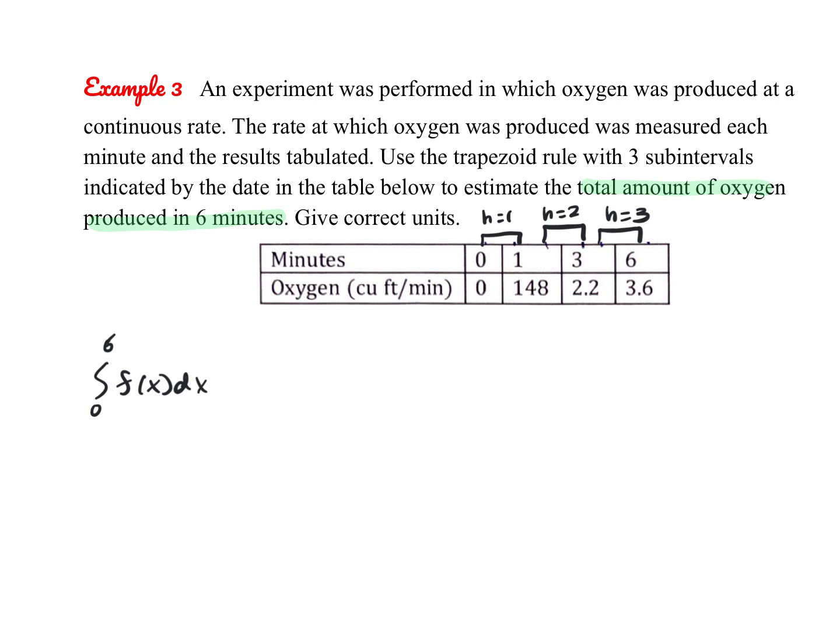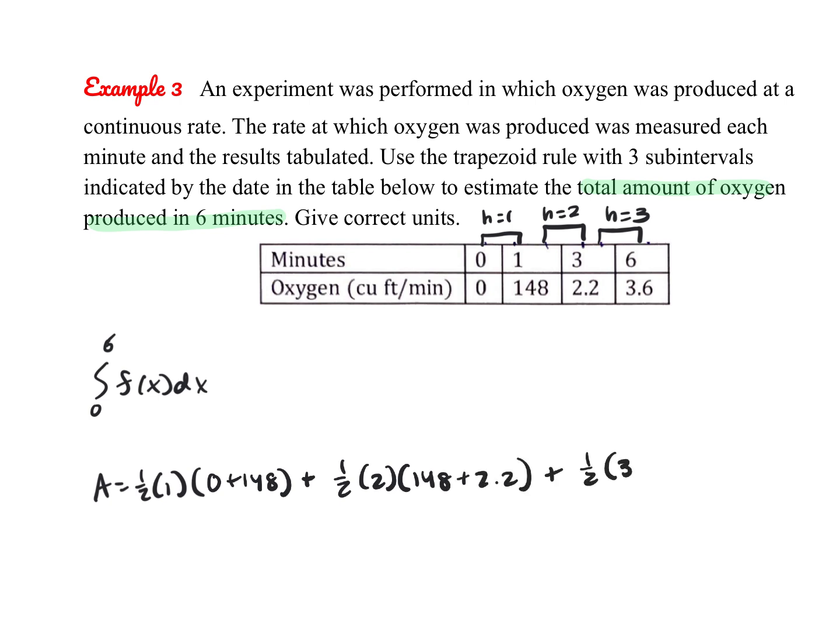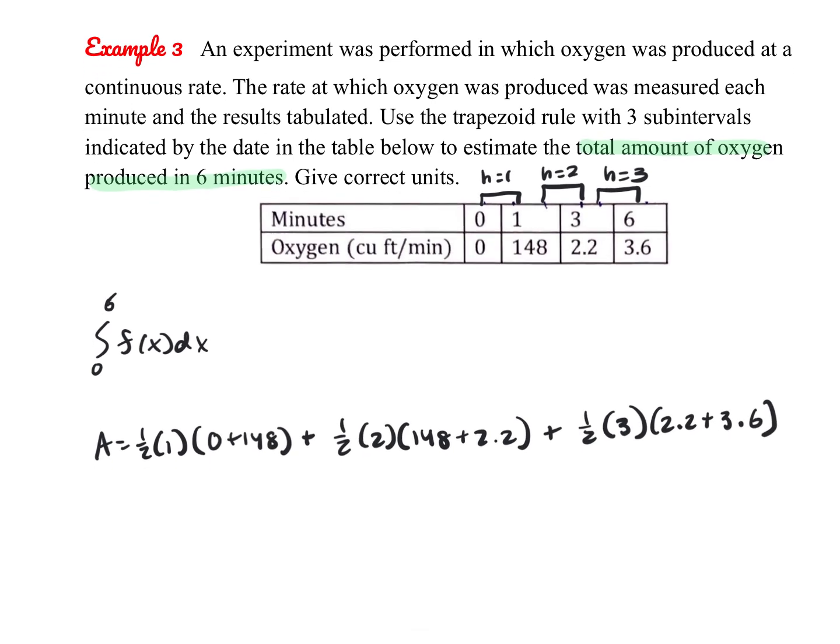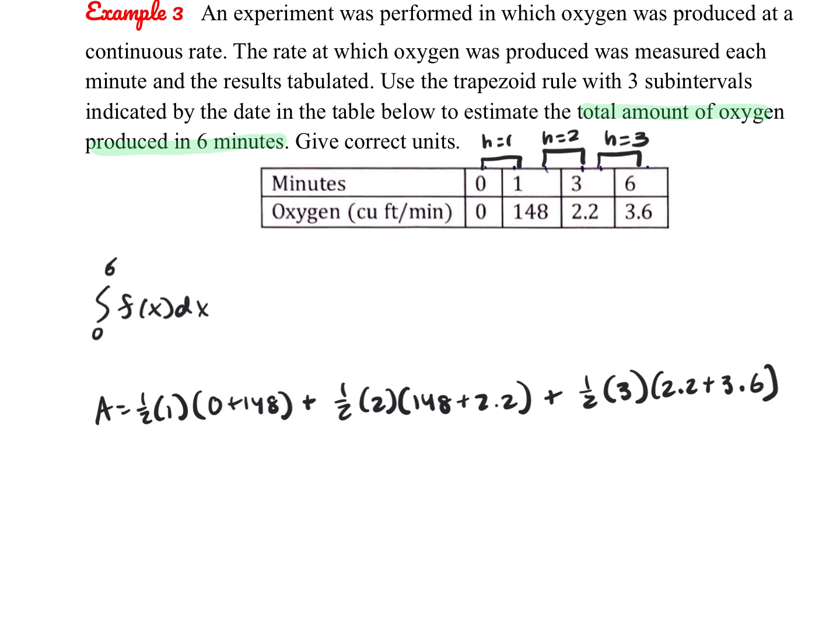And then we'll plug in our values. So our area is going to be 1/2 times 1. And again, this is our first base. This is our second base. So 0 plus 148. That's our first trapezoid. And then 1/2 times 2 times 148 plus 2.2. And then 1/2 times 3, this height. And then those are our 2 bases. So 2.2 plus 3.6. And then here we're just simplifying, and we should end up with